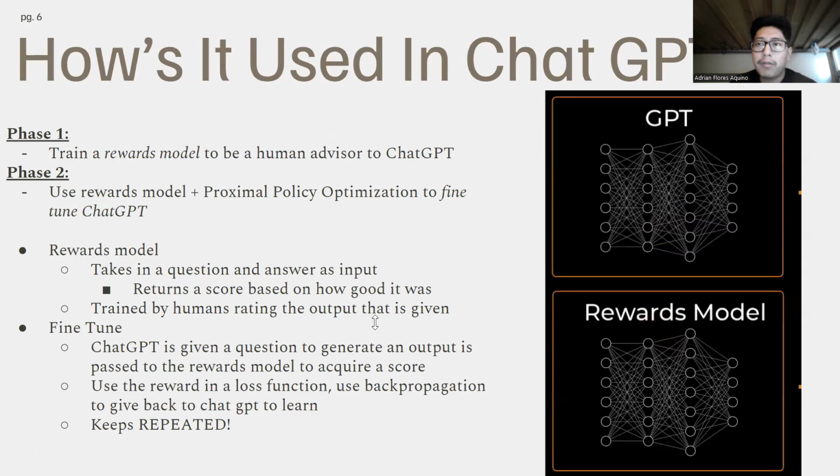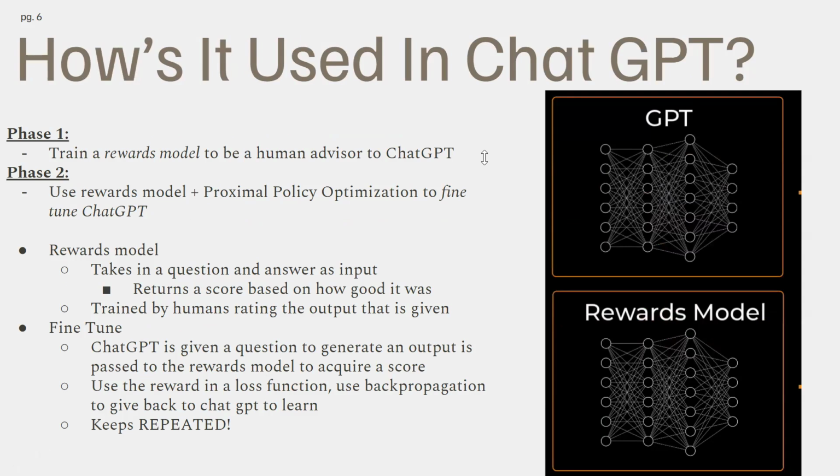So like I was saying before, reinforcement learning is used in ChatGPT, but it actually comes in two phases, right? Phase one trains a reward model to be a human advisor to ChatGPT, and then it has another phase where it uses the reward model plus proximal policy optimization to fine-tune ChatGPT. So what I mean by this is the reward model, like I was saying before in the beginning,